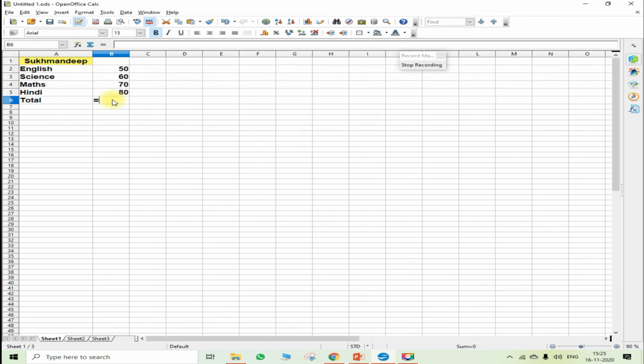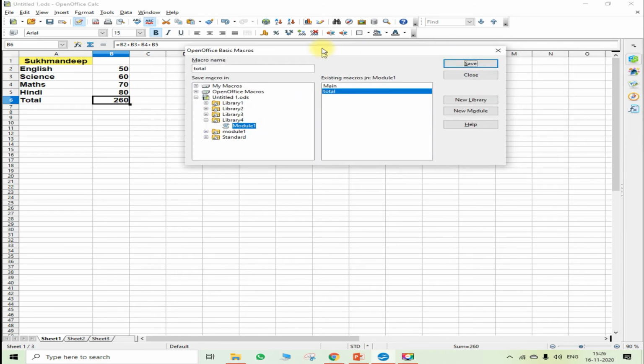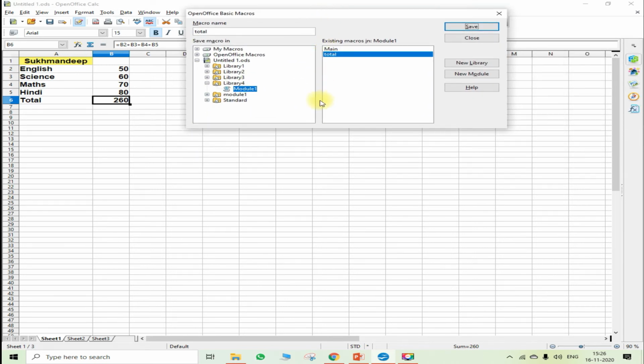I'll put the equal sign, I'll write B2 plus B3 plus B4 plus B5 and press the enter key. See, I got the result 260. Now what I'll do is I'll just stop recording. So when I stop recording, I'll get this dialog box.